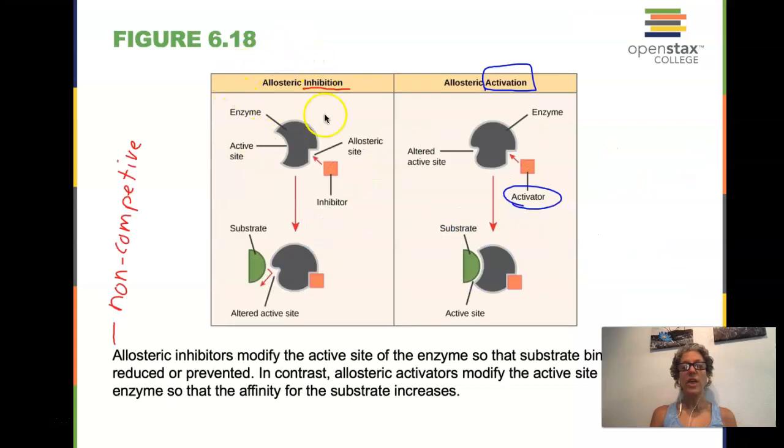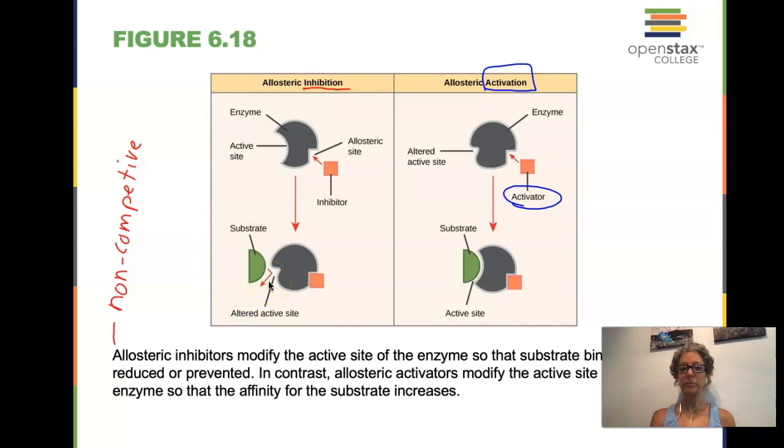When we look at that non-competitive inhibition, it is also called allosteric inhibition. Allosteric means a different site, a different placement. So the enzyme has its active site, and it has another position on it called the allosteric site. The inhibitor doesn't look anything like the substrate. It's not competing for that active site. It has a different site where it binds, and when it does so, now the active site cannot bind the